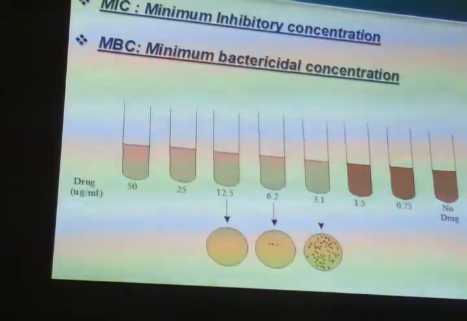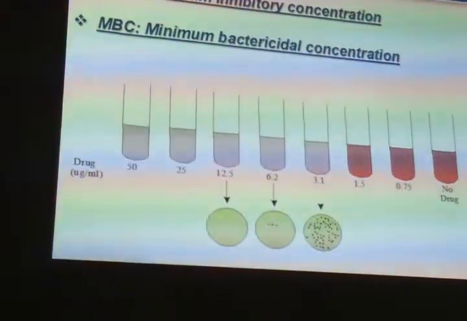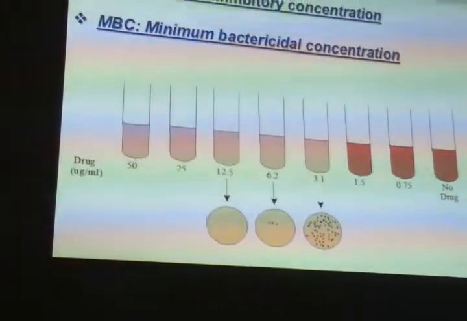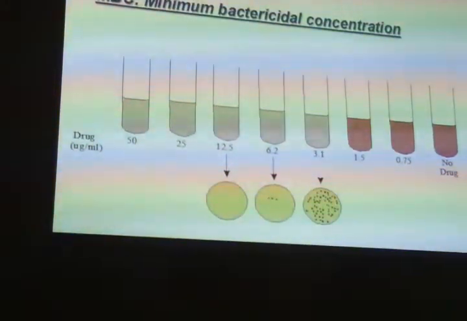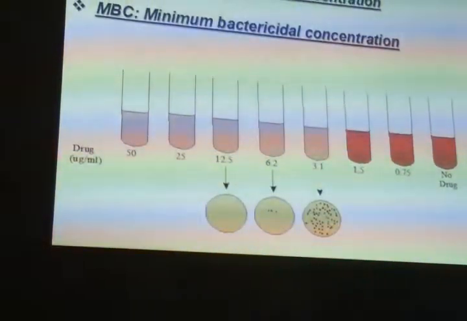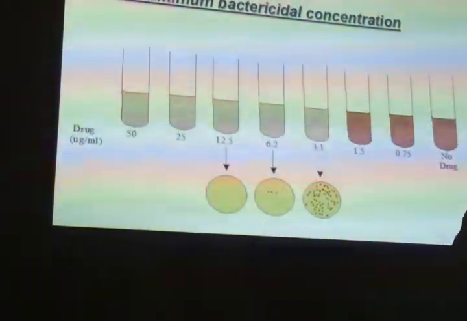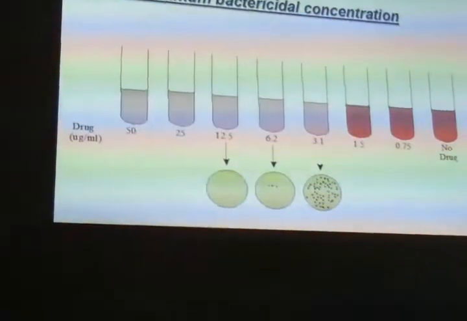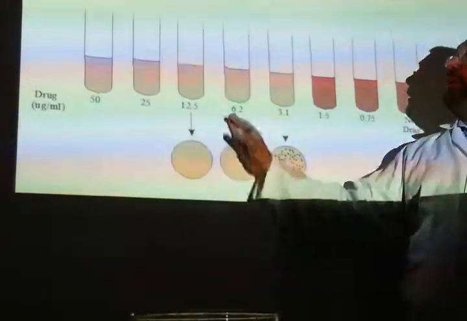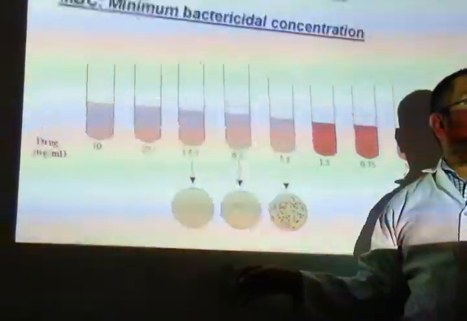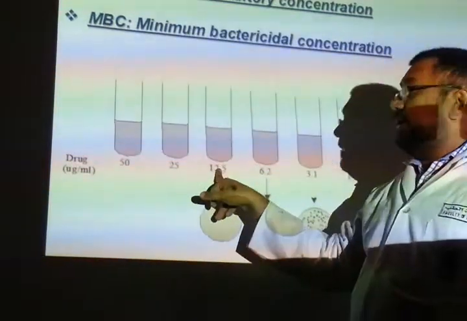What kind of bacteria is this? Whichever type of bacteria, because we will be testing this for different antibiotics. We should memorize 6.2, 12.5? No, that's not what I mean. Not any type. This is just to explain to you. You will have different readings. But the point at which the inhibitory effect starts is the MIC. The point at which the bactericidal effect starts is the MBC.